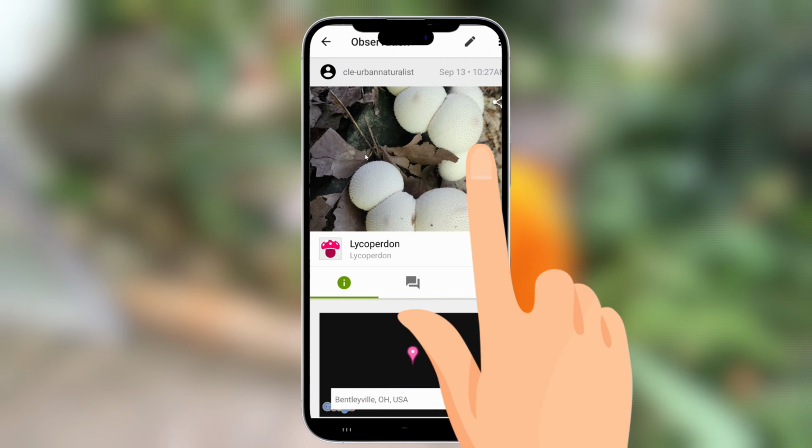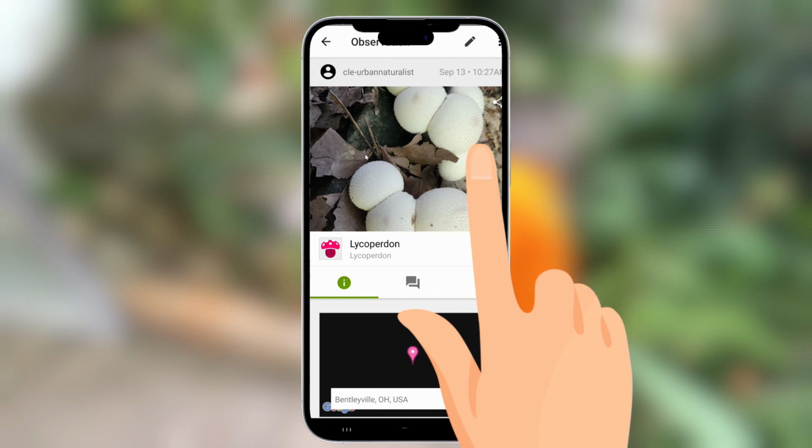To create an observation, you'll need to hit that plus sign on your observations page, and you'll see that you have the option to not only snap a photo, but also record a sound, or to not upload any images or media at all. The observation page itself has many more fields, including a section for notes, date and time information, location visibility, whether or not the subject is wild, and the option to include the observation in one or more projects. We'll briefly talk about projects in just a few moments, but let me reveal another important